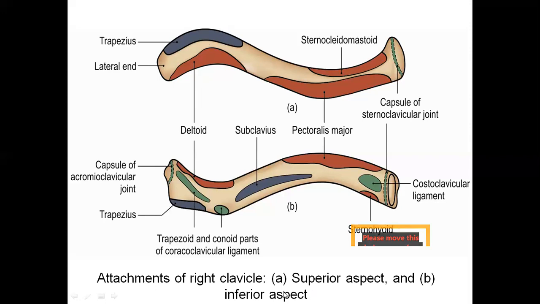The same muscles, when we see from the inferior aspect, you can see the anterior aspect which has been continued, which is convex. We have the pectoralis major. I told you there is a subclavian groove in the middle 1/3 of the inferior aspect of the clavicle. The floor of the subclavian groove gives insertion to the muscle called subclavius. In the lateral 1/3, again along the anterior border, you see the origin of deltoid. Posterior border, we have the insertion of trapezius.